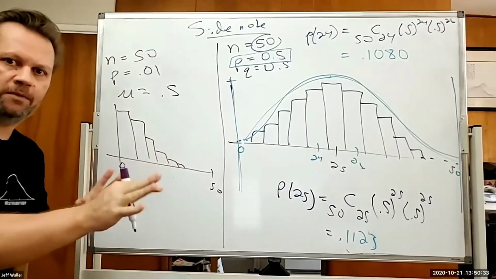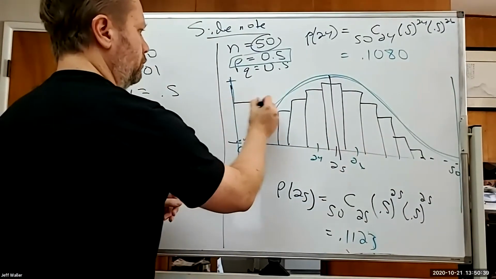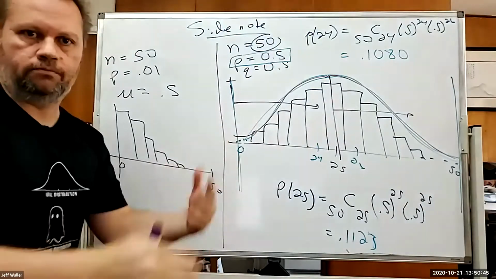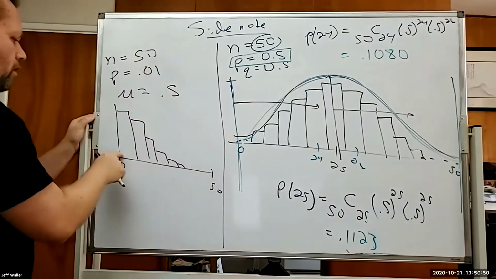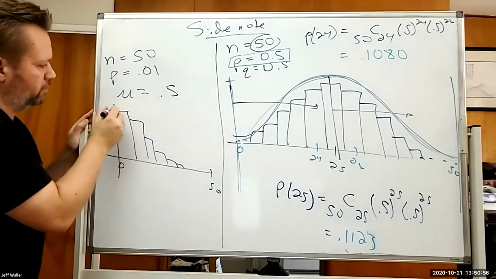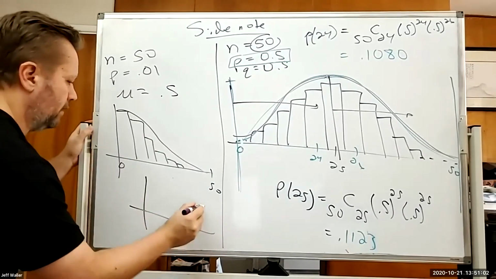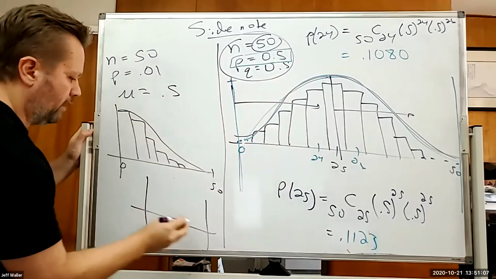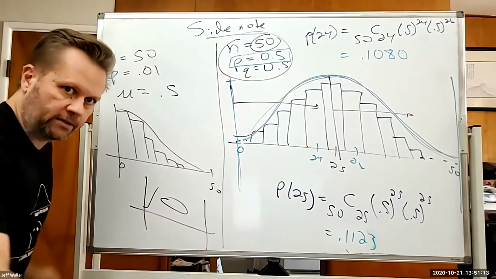I really want you guys with me. The fact that this mean was in the middle meant that there was room for it to go up and then room to come back down. So then it looks approximately normal. If the mean is too small, then the tallest bar is in the wrong place. It's way over here. There's only room for it to go down. That doesn't look normal at all. So in order for a binomial to be approximately normal, I need the mean somewhere in the middle so that it has room to go up and then room to come back down.